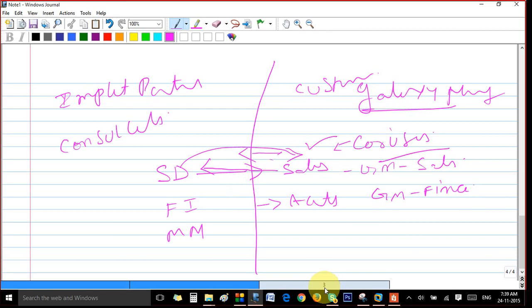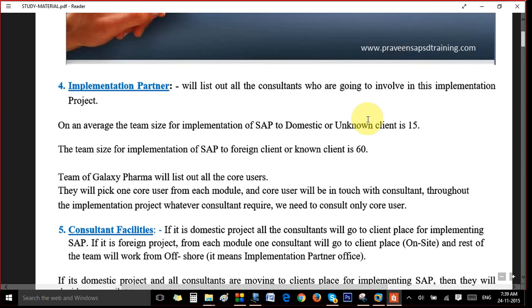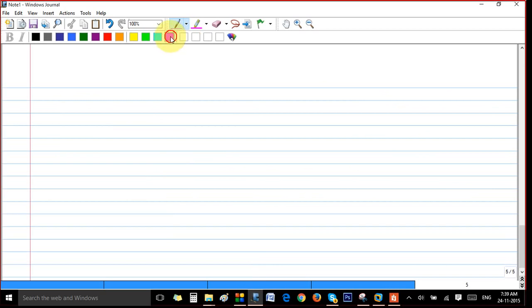So here they will list out all the consulting team, like the team from the implementation partner, that is SD, FI, MM, and they will list out the core users. See, you should be prepared with one question here in interviews. They might ask you sometimes, what is your team size. If you are not prepared with this, you'll be saying some random number. Say if they ask, what is your team size, and you say 15,